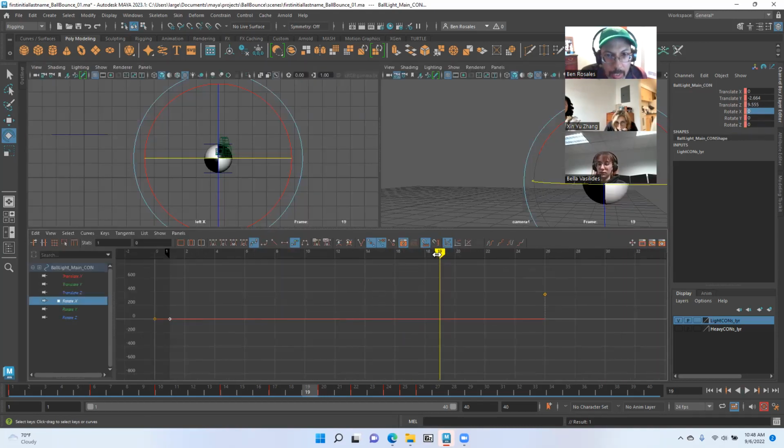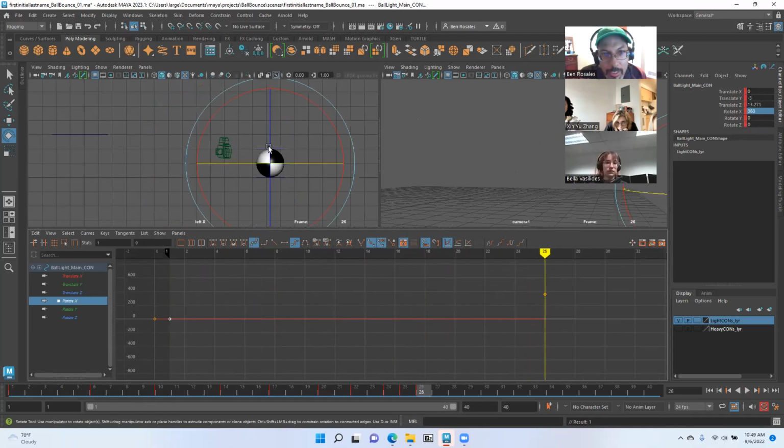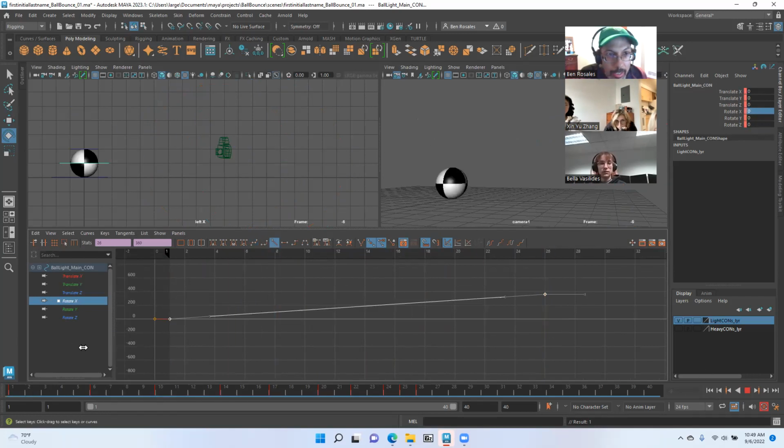Because it's step tangent right now, there's no rotation until you get to the very last frame, and then it pops, and you don't see it pop because it's just 2 colors. What I'm going to do is select these 2 guys and turn them into linear tangents. And now you can see it rotating. So if we just watch that,